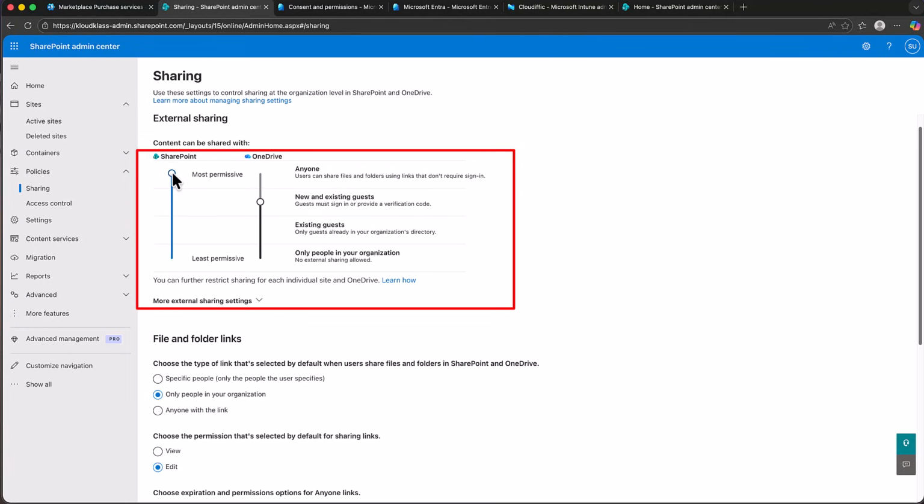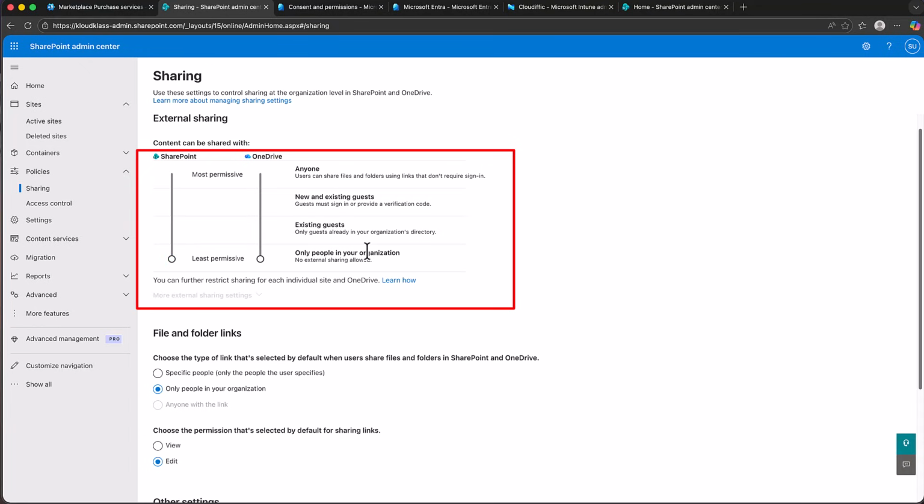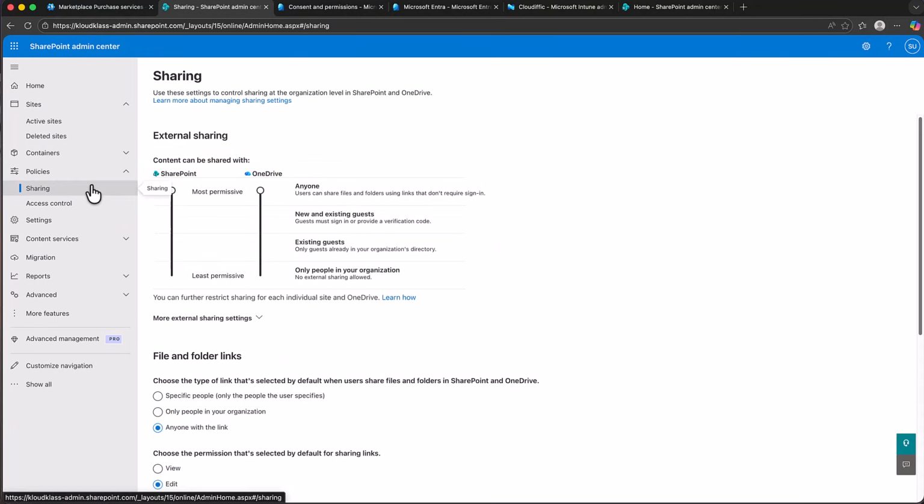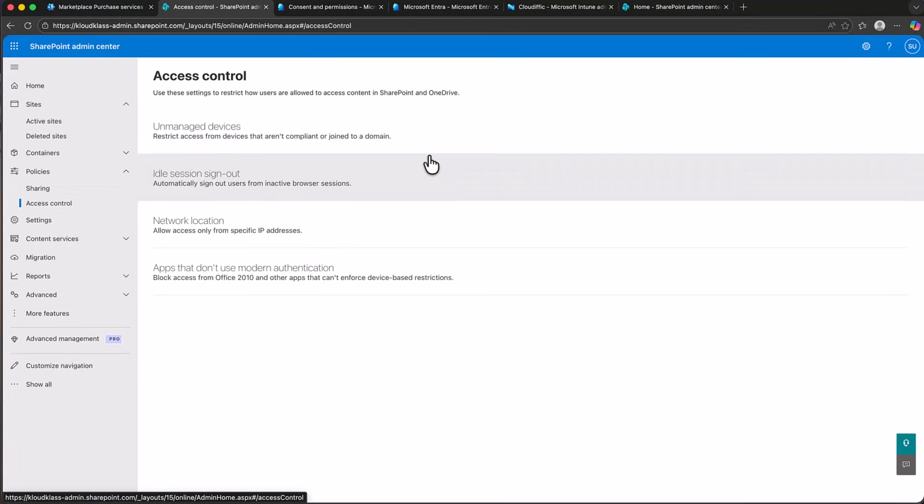So I'll go with least restrictive in my case. Now let's click on access control within the left-hand pane, and let's wait for it to load, and let's click